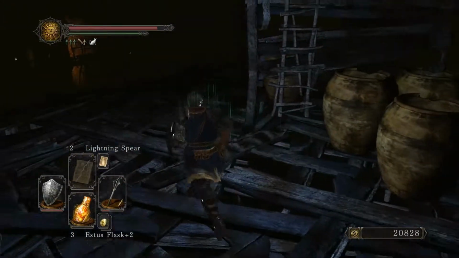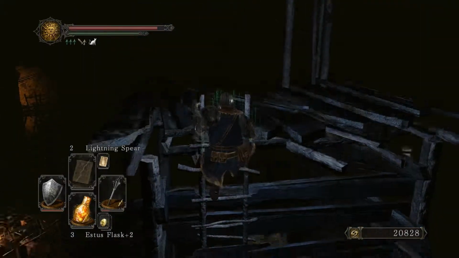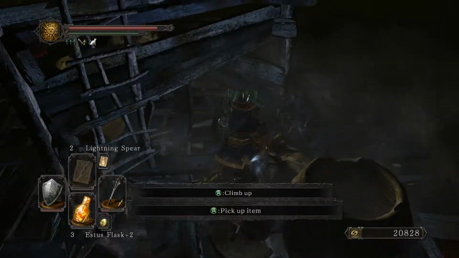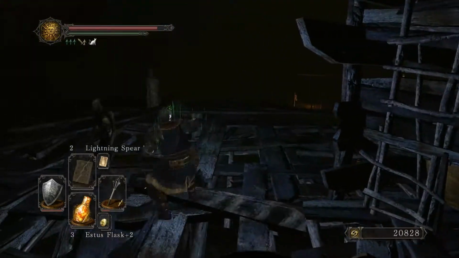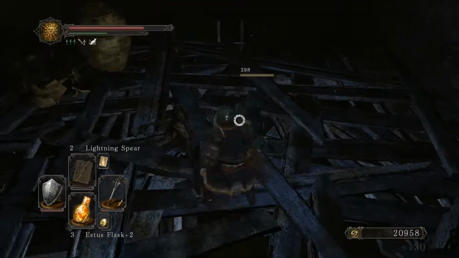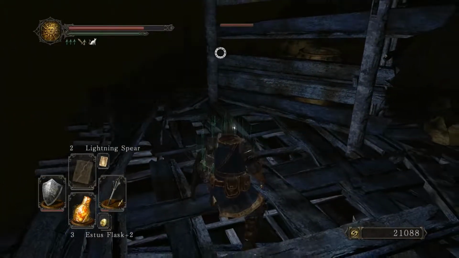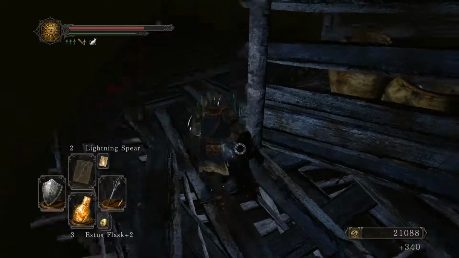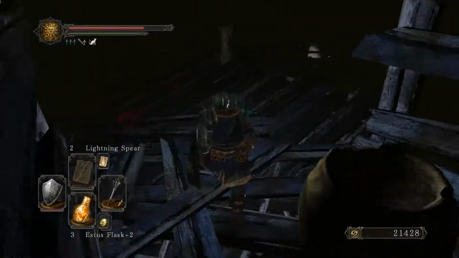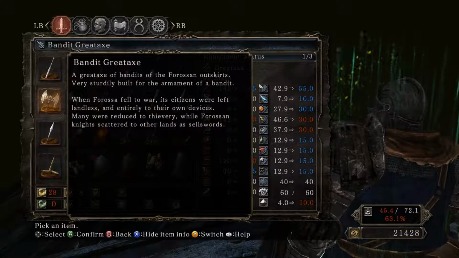So here we go. Almost 10 minutes in, and we've barely scratched the surface of this place. So we're going to want to go up there here in a second, but I want to grab the rest of these items. So Soul of a Proud Knight, and more enemies I need to kill. Oh, there's one of those guys. Let's wait for him to get over here. That ain't too bad. And Bandit Great Axe. I don't think I've ever used the Bandit Great Axe, so it might be something